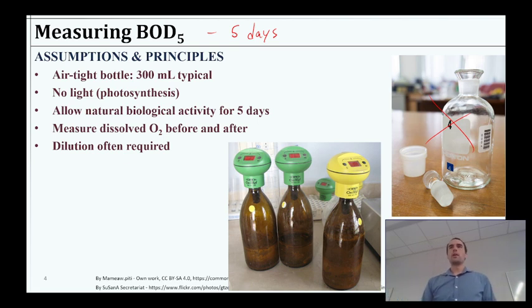It'll be airtight so that there's no oxygen exchange with the open atmosphere. We're also going to prevent light. So you see in the past I've marked an X through this. We could use this bottle, but we just have to wrap it in aluminum foil. But bottles about that size are pretty typical, culture vials. Maybe these amber ones so you don't have to foil it.